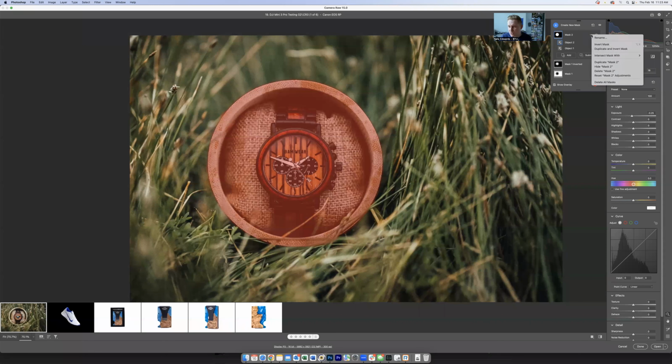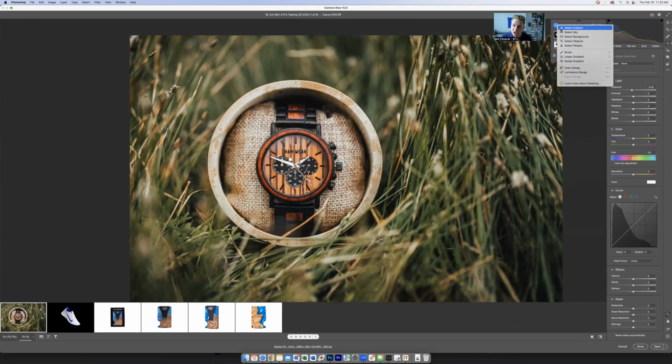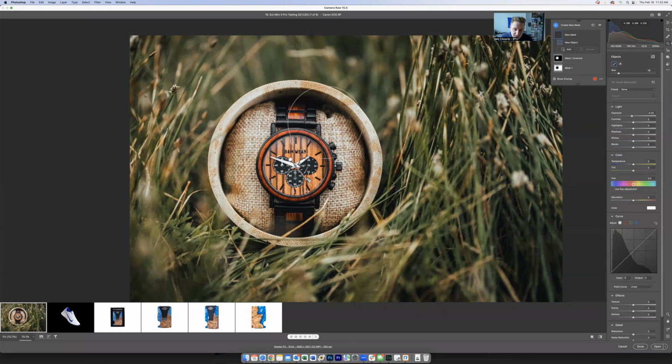Now, let's say on this particular photo I want to just select the watch on the inside. I don't want the case. I just want to select the watch face, the band, maybe the dials here on the side. I go to object selection, make my brush a little bit smaller. You don't have to be perfect with it because Photoshop's doing a great job at selecting the edges. And if I just outline the watch here,